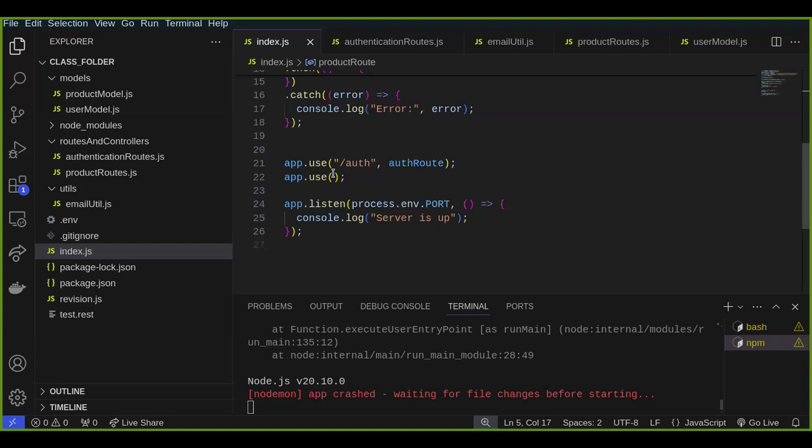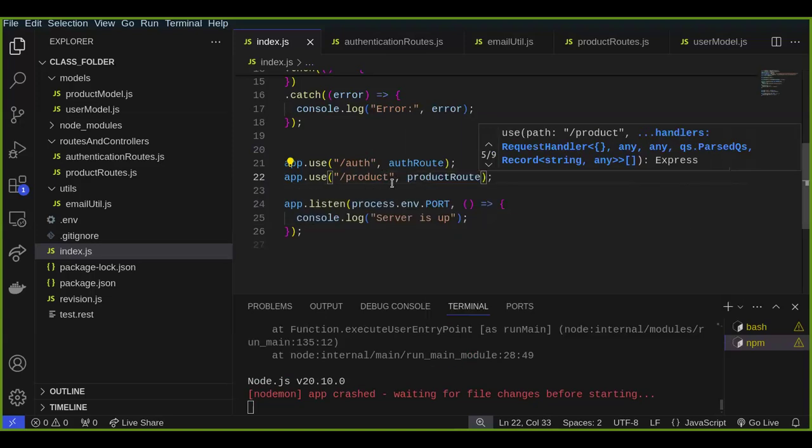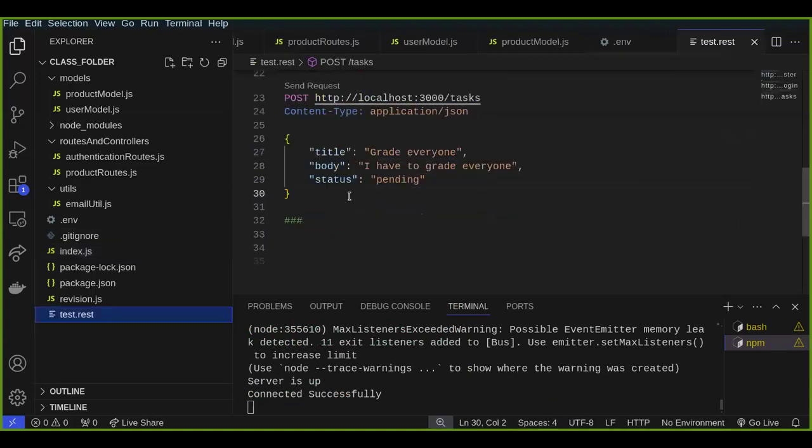Then here I would say /product. In fact, if I'm using this, let me just leave it that way. I'll say it should be product route. So here, how do I interact with that? I would say